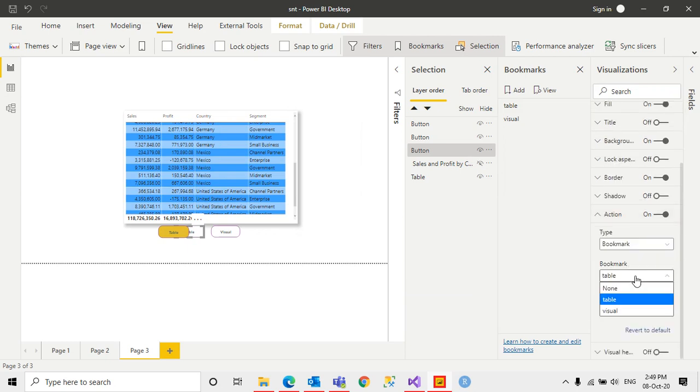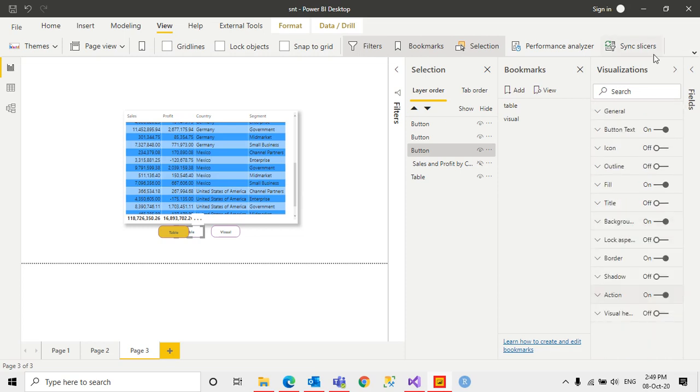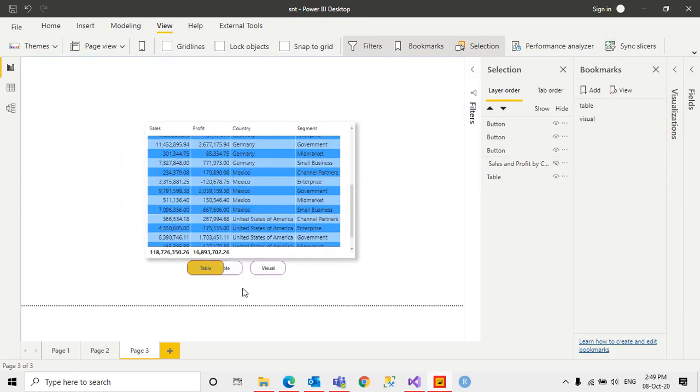It is already selected as table. Let me click on this table. Let me unhide this so I can align this button with this one. You understood? We need to do the same for visual also.